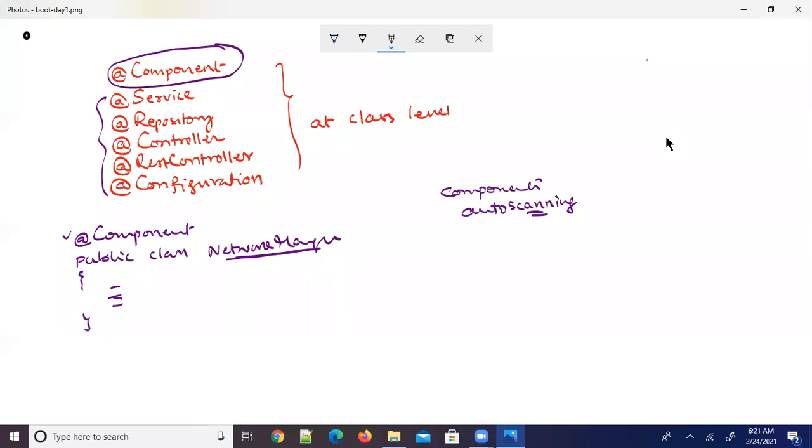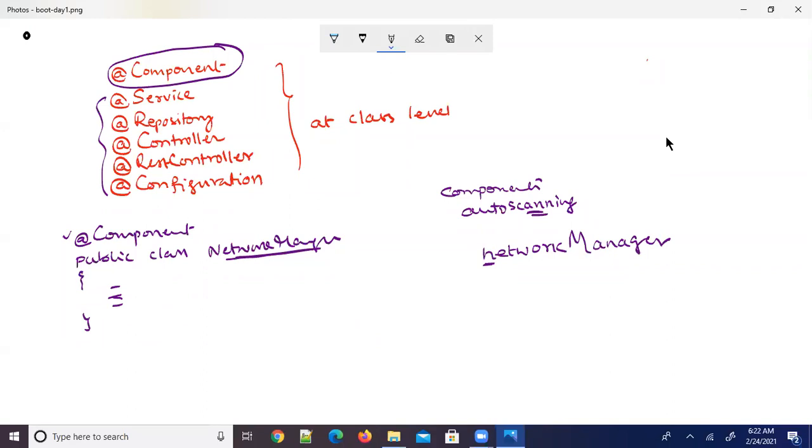But we use the ApplicationContext container throughout in today's applications. So in the ApplicationContext, this NetworkManager is registered as a bean with the ID networkManager, with the first letter in lowercase.